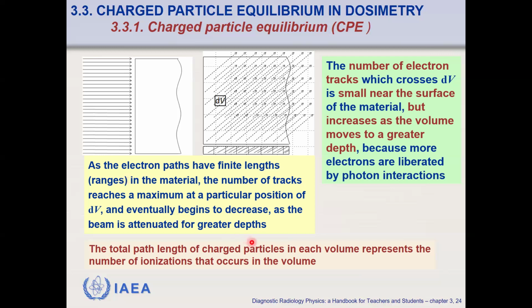The total path length of charged particles in each volume represents the number of ionizations that occur in the volume. So the total path length of charged particles within each volume dV correlates directly to the number of ionizations in the volume. This total path length is a critical factor to determine the absorbed dose or energy deposition in dosimetry. So once the photons enter the material and interact with it, the distribution of charged particles and ionization changes